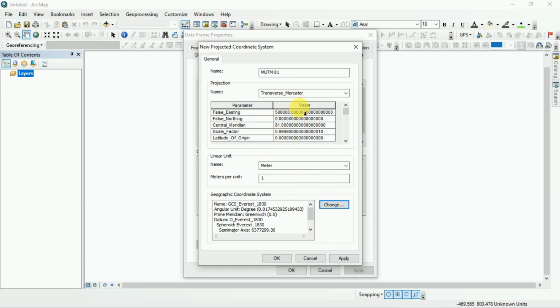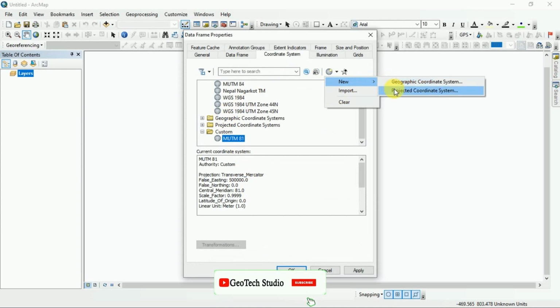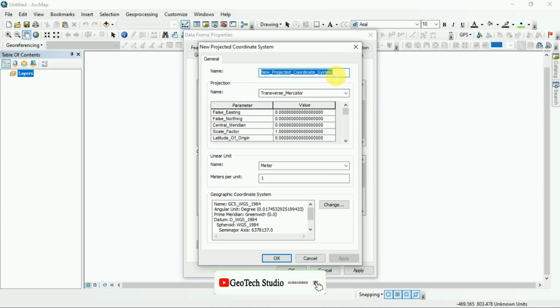So we have to do it according to the geographical location. So here I am going to apply it, and again I am going to create 3 different MUTM here to show you. You can see it here, taking 3 central meridians,